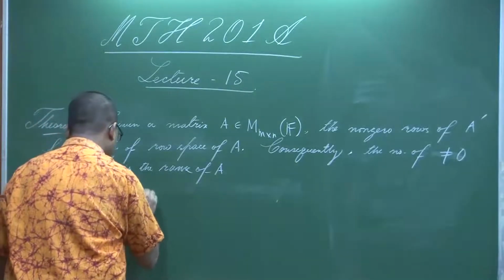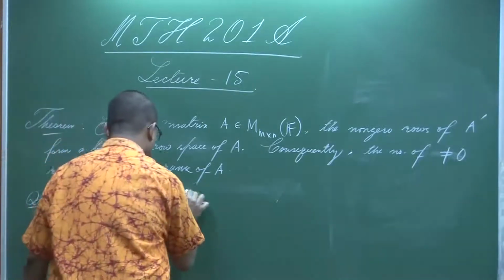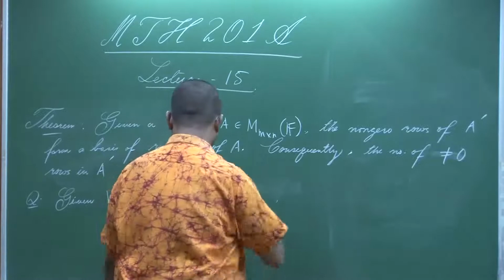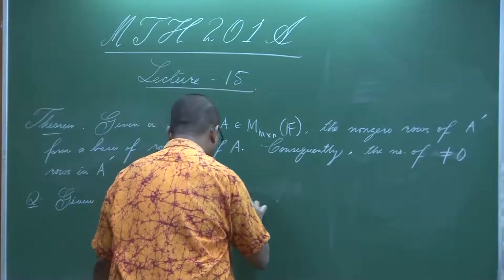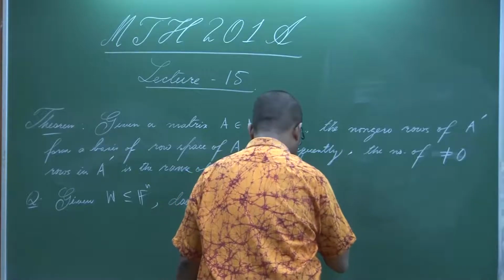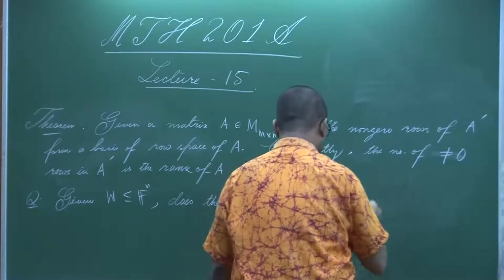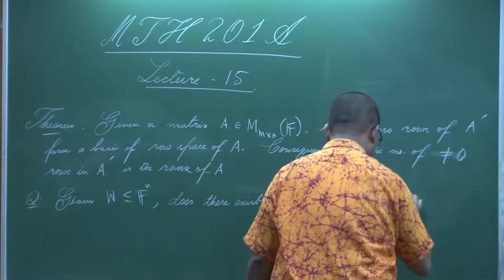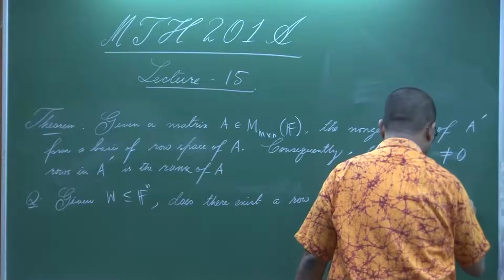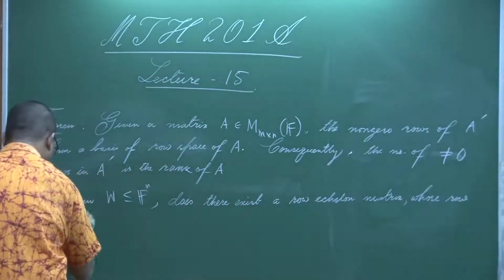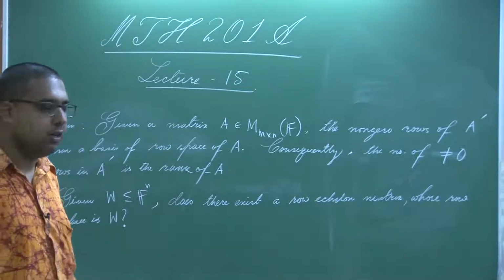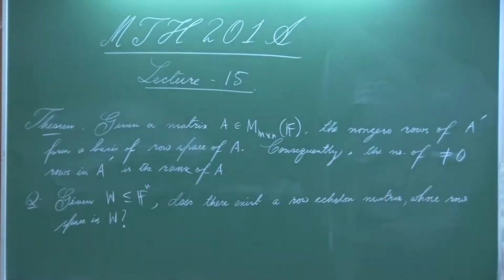a subspace, does there exist a row echelon matrix whose row space is that subspace? Okay? This is a question which is very natural to ask at this point of time, because we have